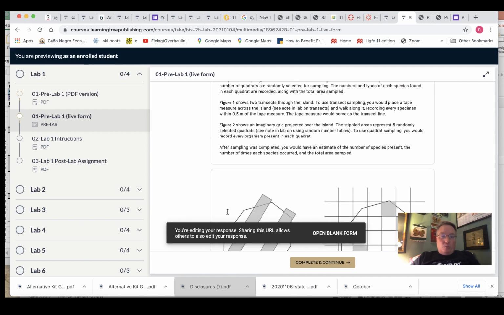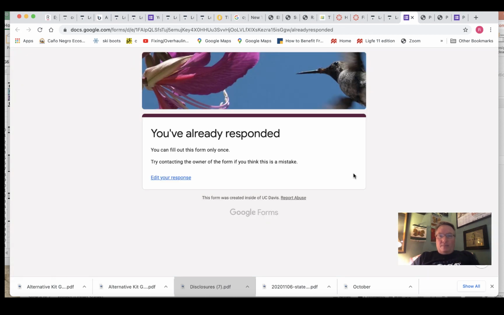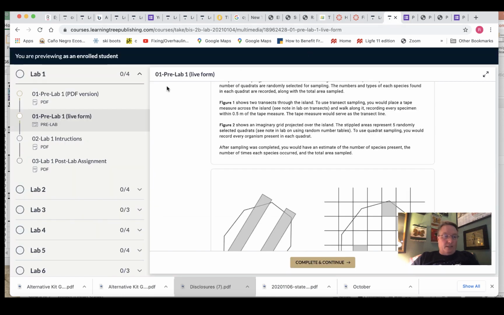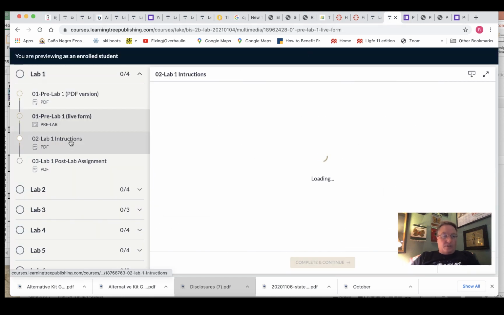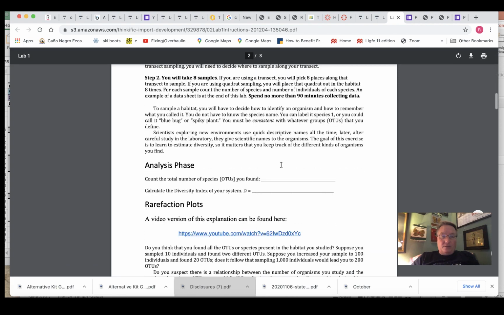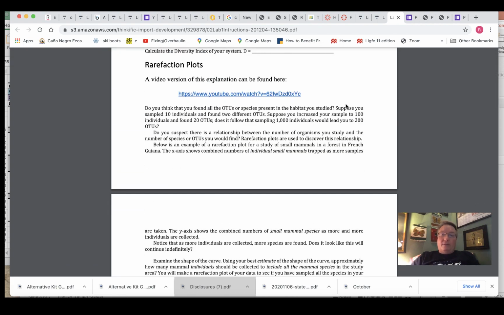When you hit submit, you will get an email that will have your answers in it, and within that will have a link taking you back to the Prelab. You can also do this, hit the open blank form. If that comes up for you, hit edit response, and then I can see this in a different browser window. Sometimes that's more convenient. But we'll have the lab instructions here as well, so you can download that as well. Just hit this button here. I got the lab instructions, there's links to videos and so on,